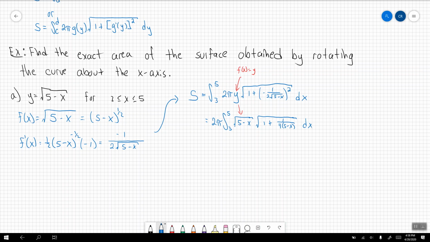Alright, so let's see what else we can do. Now, since this square root is multiplying both of these, we can actually distribute that square root into itself. So this is going to be from 3 to 5. When I multiply in, I'm going to multiply the radicands together. So 5 minus x times 1 gives me 5 minus x, plus, and then I'm going to multiply this 5 minus x times this piece, which gives me 5 minus x divided by 4 times 5 minus x. And if you see that, that's going to be awesome, because now